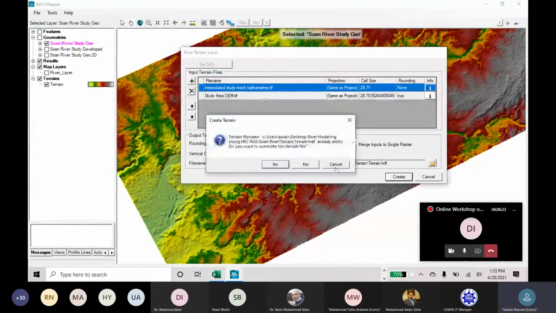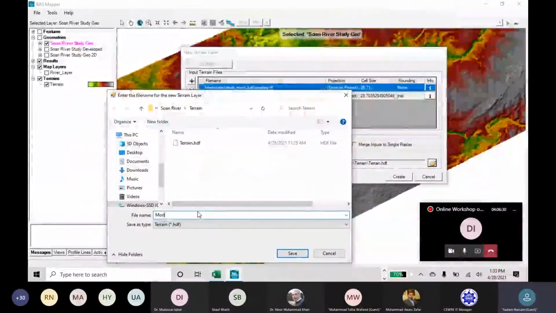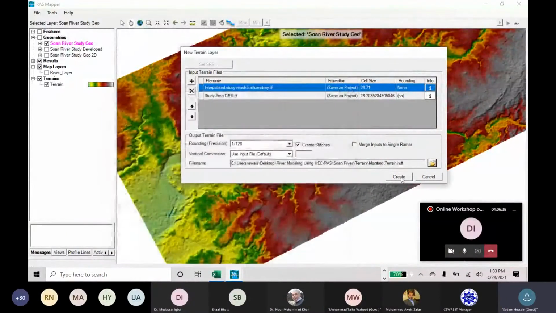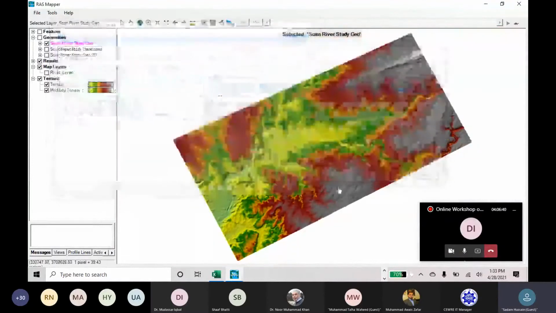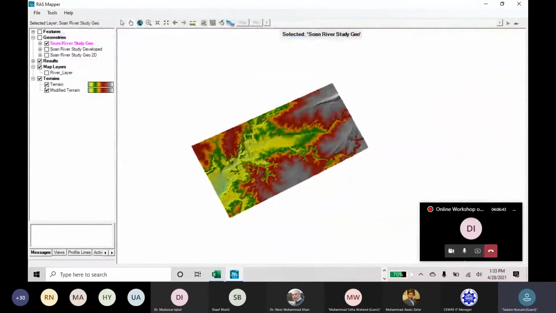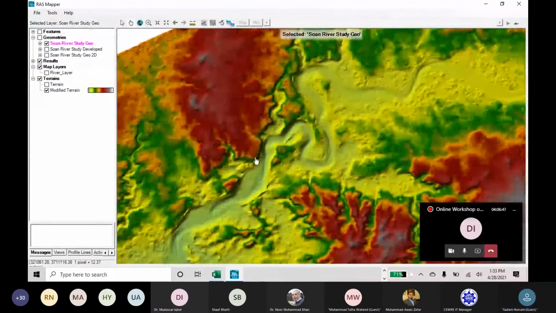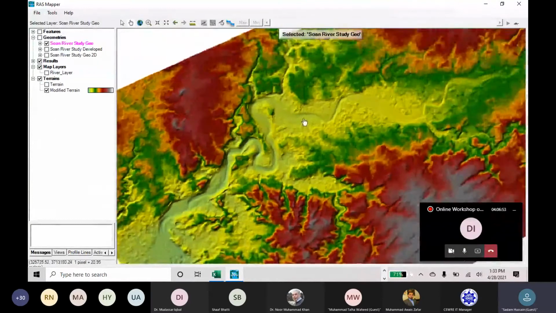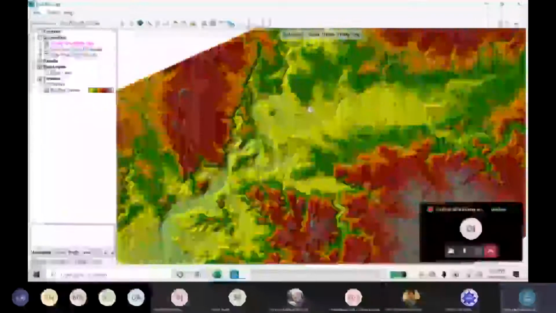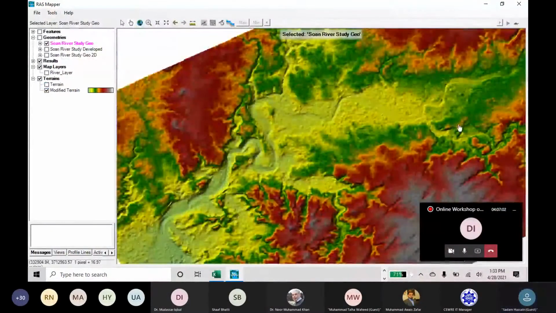We already have the specified name terrain, so let's change the name to Modified. Okay. You can see here that the interpolated survey data we have used in our study has been embedded in the digital elevation model. So it is more prominent and more modified than the actual terrain data, which you can use for your precise studies in 2D modeling.